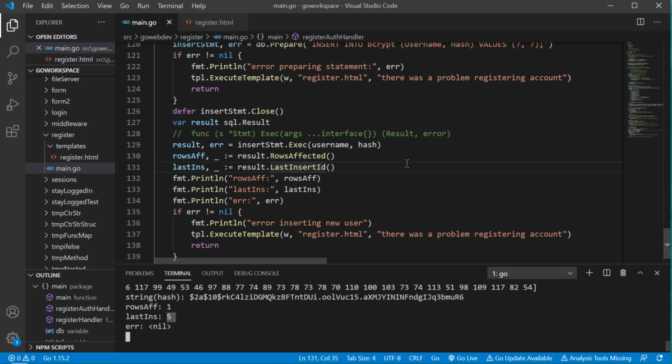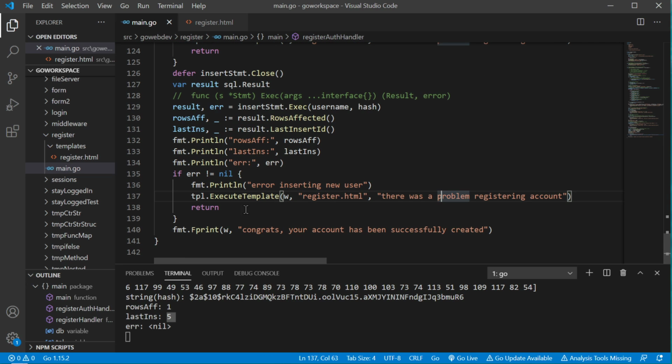Now if the error is nil, that is a good thing. That means that our insert went as we thought it would. So if it is not nil, something went wrong. Say error inserting new user, and we'll just execute our template again and send it back to the register page, because something went awry. Now, if everything goes as we expect, the criteria are all met, they don't have a user by that username already, and everything gets inserted correctly, then we're just going to say, hey, congrats, your account has been successfully